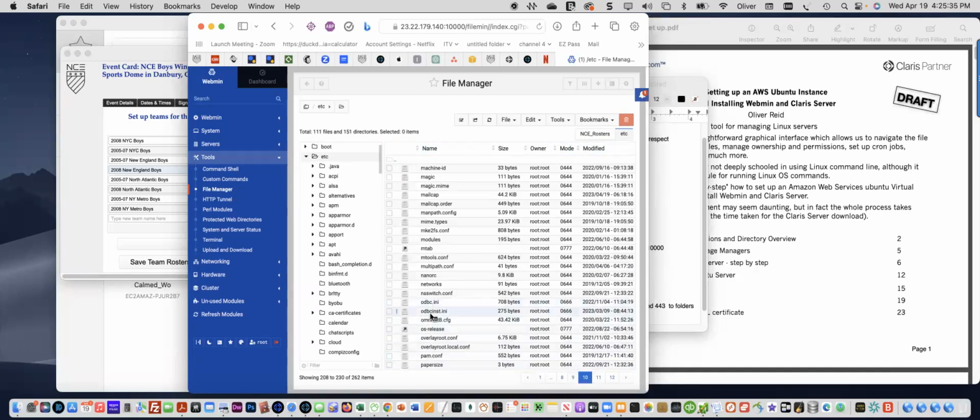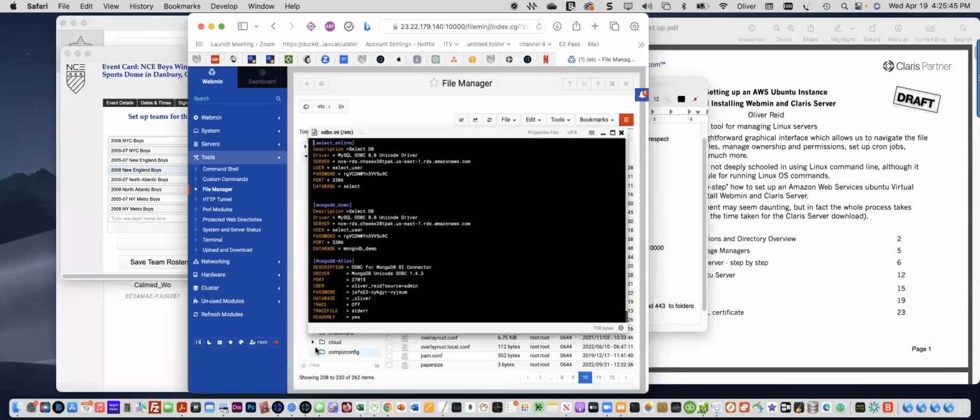There's two files, ODBC INI and ODBC INST, which stands for the instances. If I take this and just view it, it has specifications for each driver I'm going to use. I'm using the Oracle ODBC 8.0 Unicode driver that they provide for MySQL here. And here I